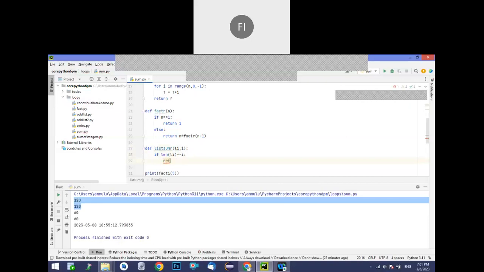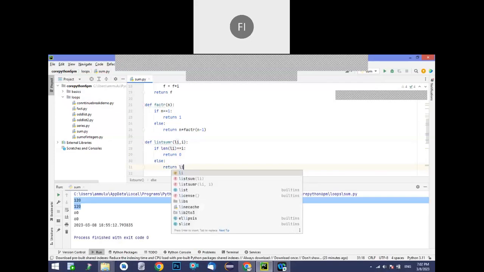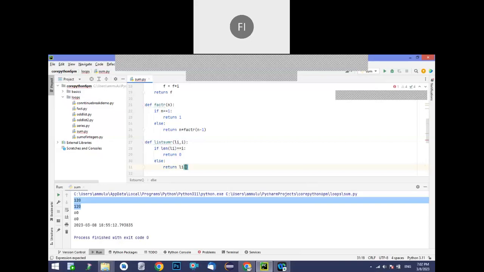So that means, sorry, return I can say 0. So that means last value else. So here what I'm trying to do, return. So here list of, okay, I